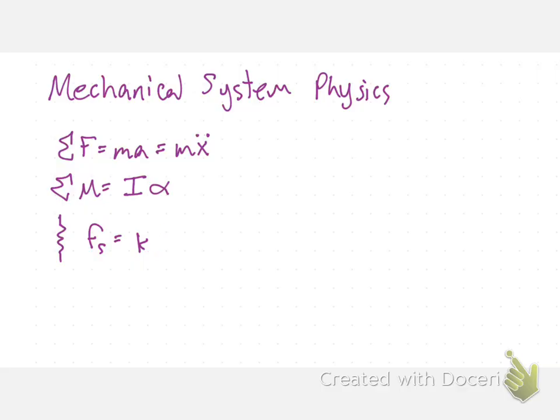So, start off with, we might have the sum of our moments, and the sum of our forces is going to affect the acceleration. So sum of our moments is equal to our mass times acceleration. Sum of our forces is equal to our mass times acceleration. Sum of our moments is going to be equal to our mass moment of inertia, our mass,